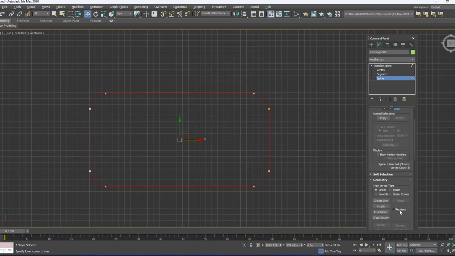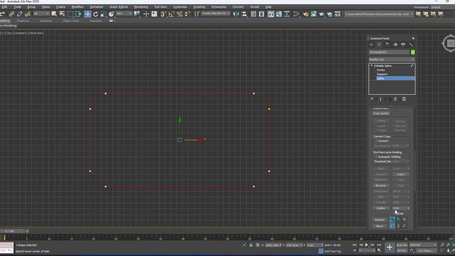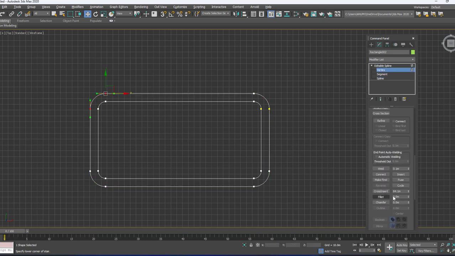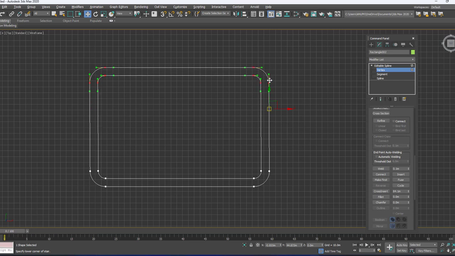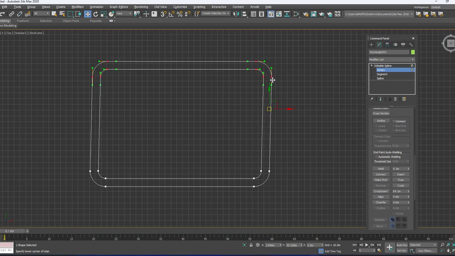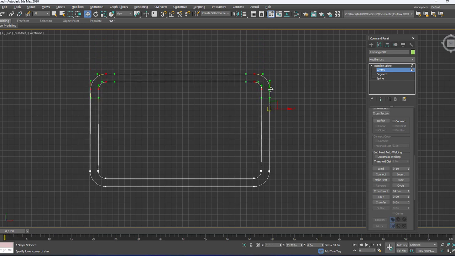And then you can do the modifications according to the requirement. Even you can do the outline like this, double it depending on the requirement, outside or inside. And next I am selecting the vertex, which means I am getting the fillet and then chamfer. Select the number of required vertices. Even you can change the width and then length by clicking vertices here. And then you can increase the fillet amount like this. Here you can see. And then you can make it chamfer.